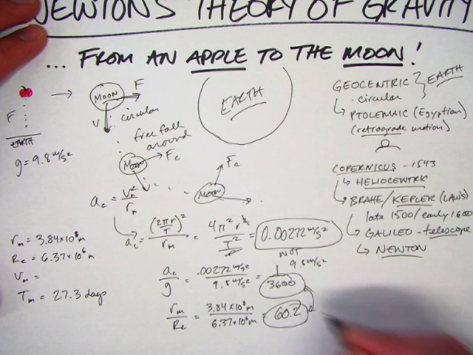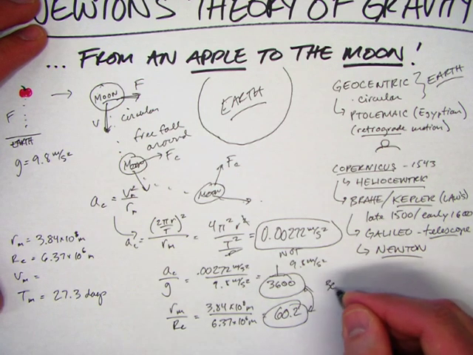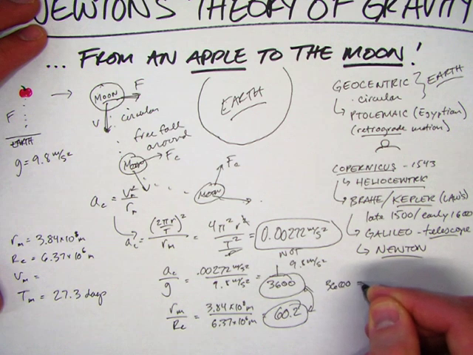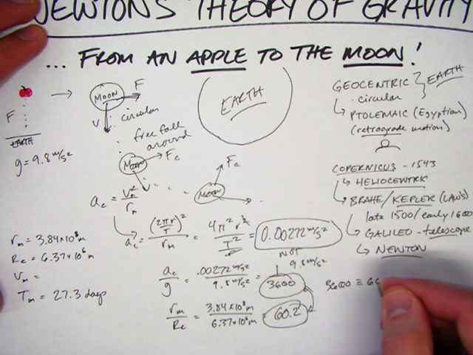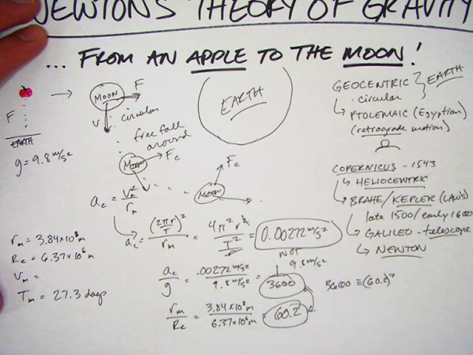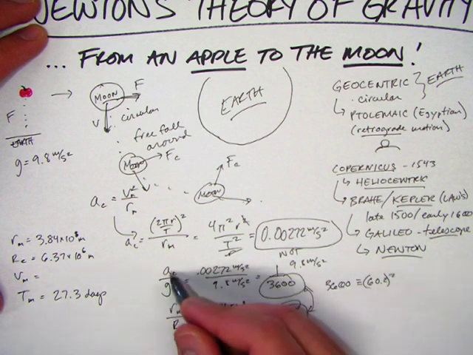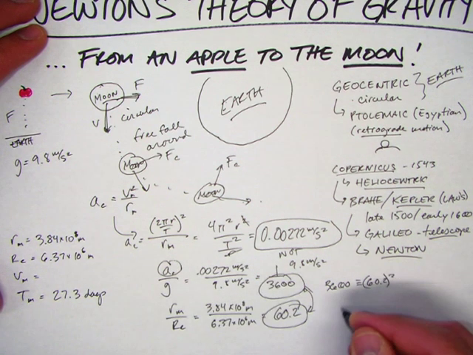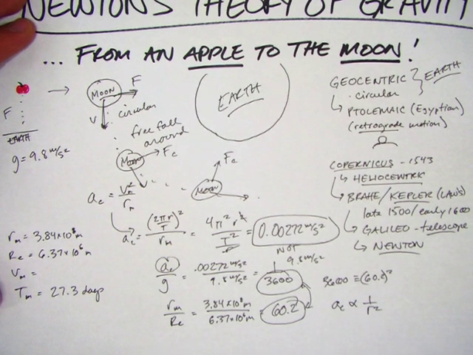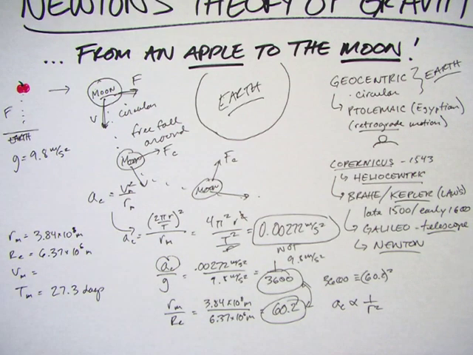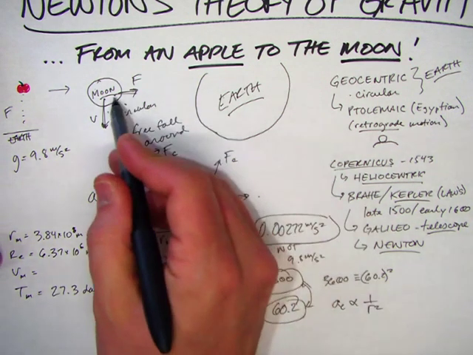Well, what's the comparison between these two numbers? 3600 is approximately 60.2 squared. So what he saw from this is that the strength of this acceleration isn't proportional to the radius, but that the strength of that acceleration is proportional to 1 over the radius squared. So you see a mathematical connection that actually the force of gravity on the apple and on the moon can be from the same force, from this attractive force between the moon